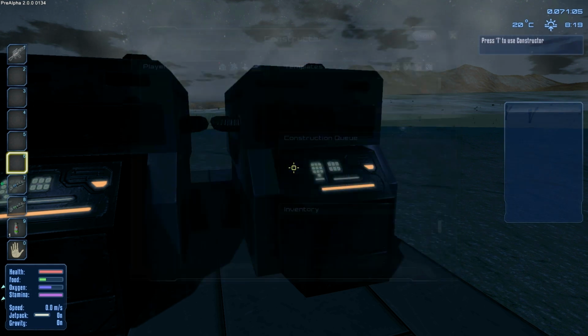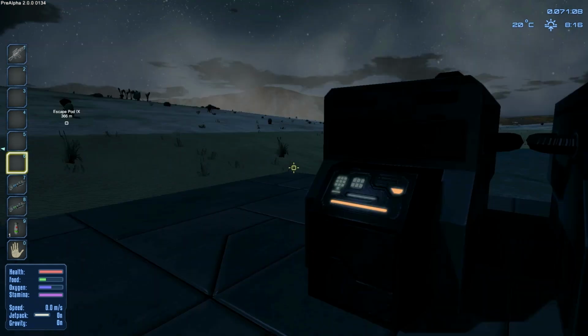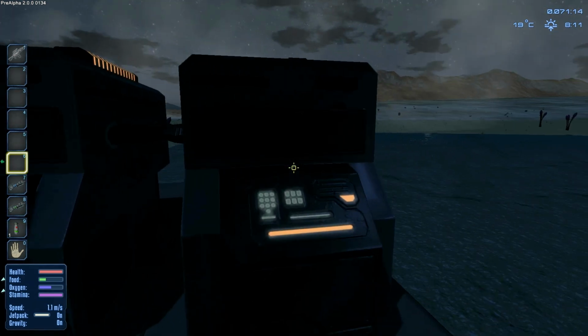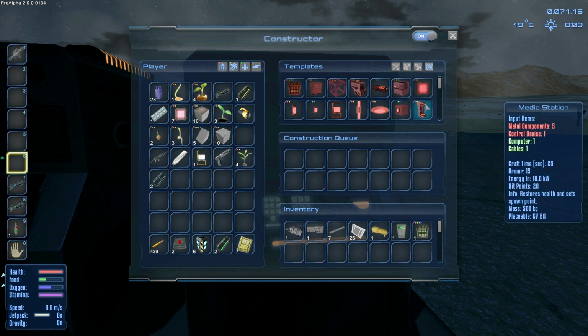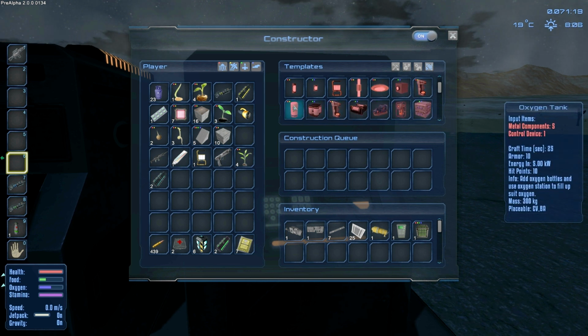Alright, so what we're going to do next is we're going to make a land vehicle. And what I'm going to do is I'm going to go over to the escape pod. I'm going to transfer all the rest of this stuff over here. So everything is at my base. But before we do that, we have to make an oxygen station. And we also need to make an oxygen tank. So we're going to